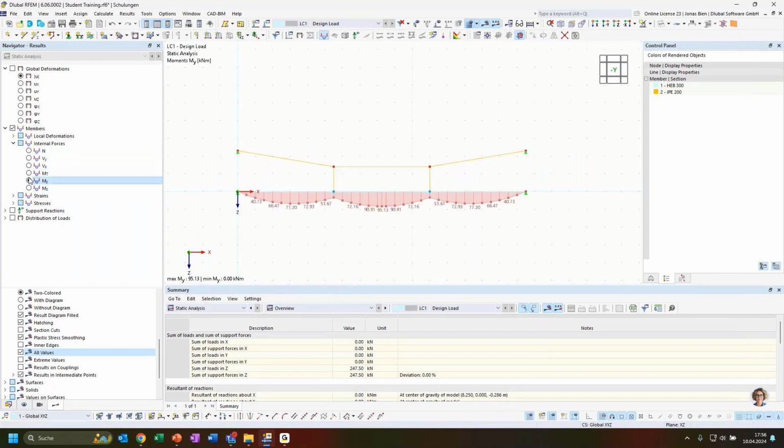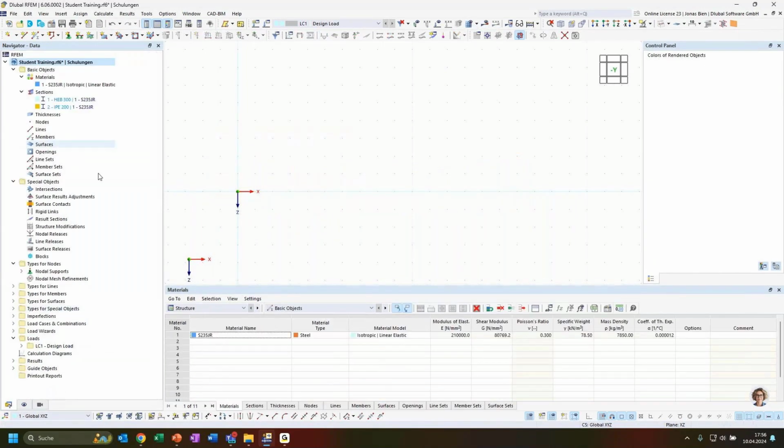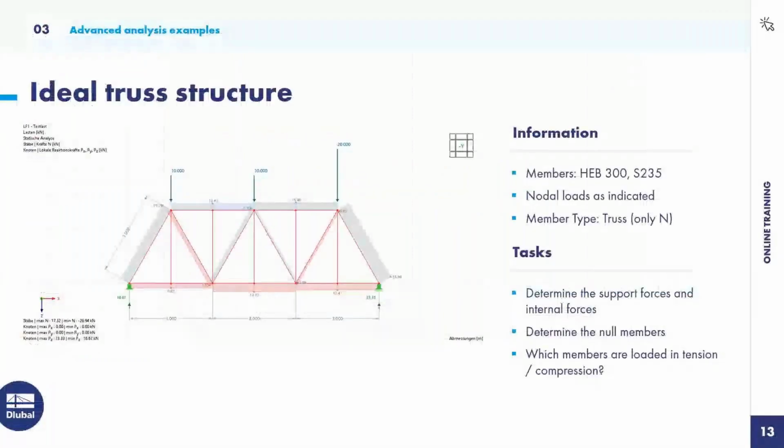If there are no open questions, I would proceed with the next one. Therefore, I just delete the complete structure and show what task is next on the list. So the next exercise would be to